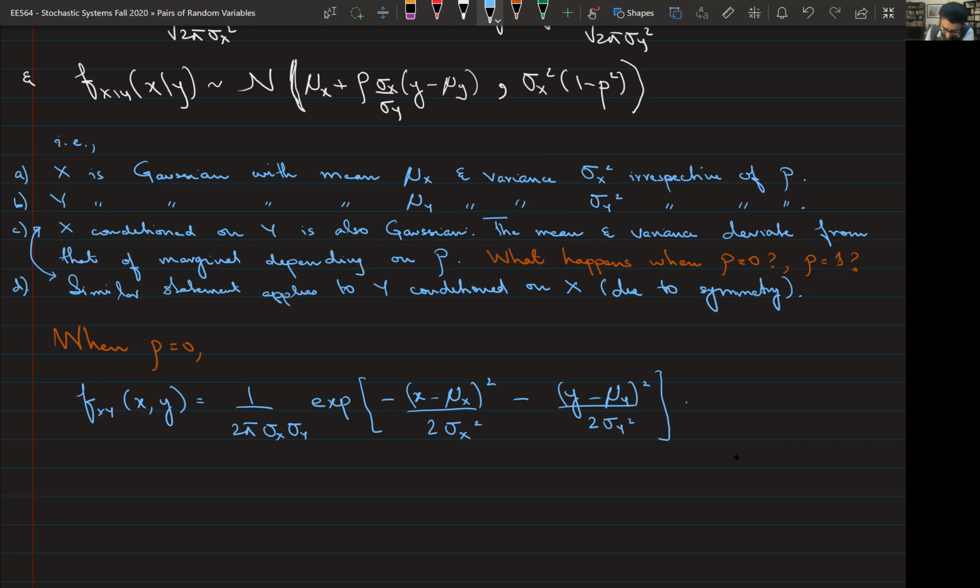So I can say this is actually equal to, yeah, this is pretty nice, 1 upon root 2 pi sigma x squared times e raised to the power minus (x minus mu x) whole squared divided by 2 sigma x squared, times 1 upon root 2 pi sigma y squared,